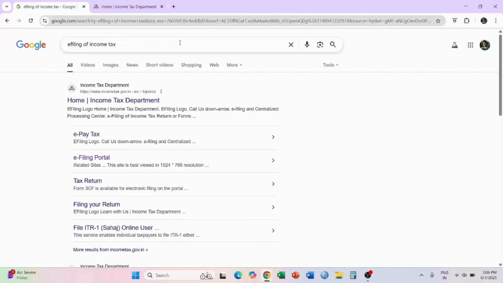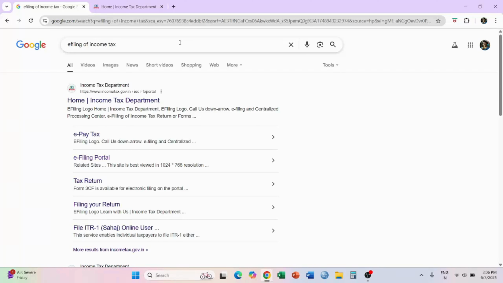today here we have come out with one very important and a very requirement of the hour video, that is how to e-file income tax. This time income tax filing has changed. So let's see how to file the income tax return, as the income tax return dates have opened up and the income tax department has given us full free access to their website so that we can do income tax filing.